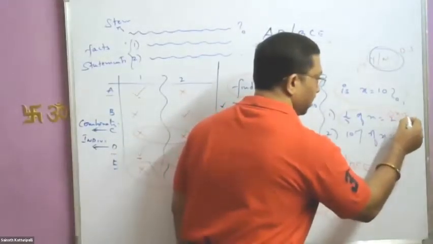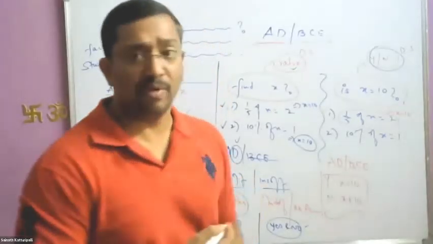So the first statement says 1 by 5 of x is equal to 2. X equal to 10 satisfies the first. Sorry, x equal to 10. Yes, x is 10, yes. No, I didn't get that. What do you mean by satisfying? That means x is equal to 10 in the first statement.